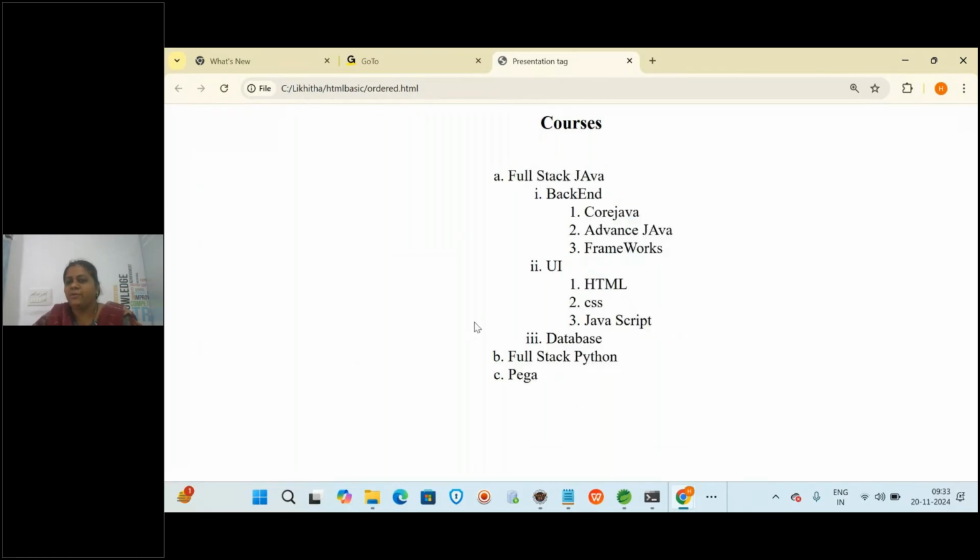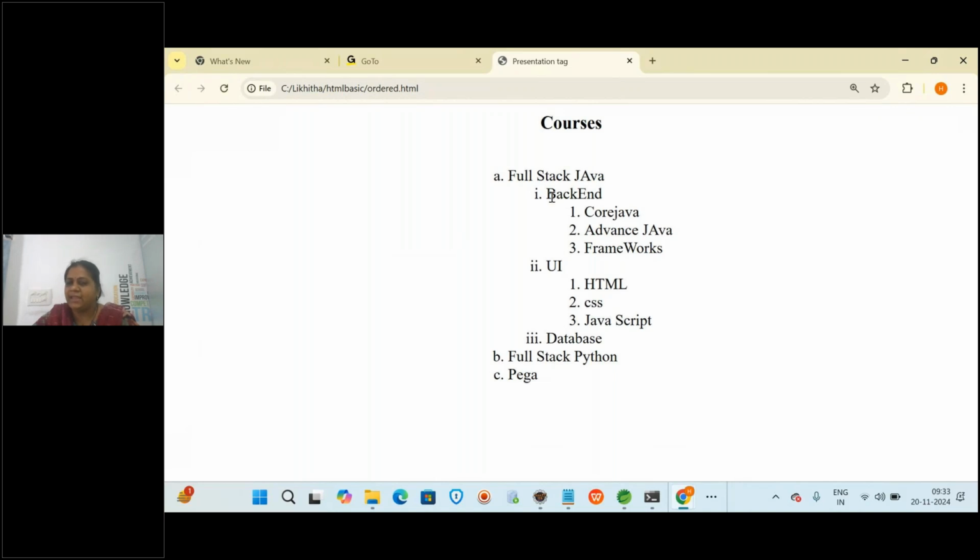So my question is, you have to create one list. Is this ordered or unordered? Ordered list. Here, full stack Java, full stack Python, and then the third, these three should be an ordered list. Again in that, backend is also an ordered list, which has Roman numbers.